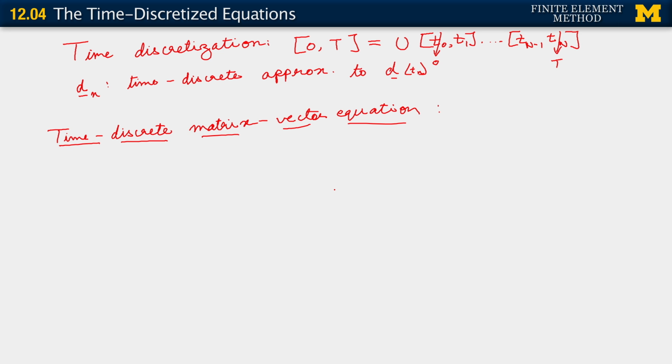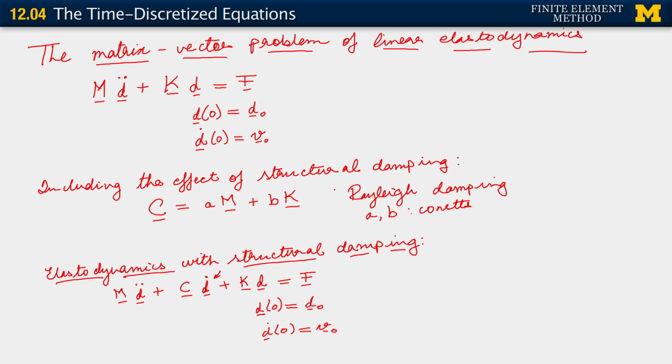Okay, let me go back just for a second to have you look at it. Right, we have it here. So you see M d double dot plus C d dot plus K d. Now d of course is a displacement, d double dot is essentially the acceleration. Right, likewise d dot is indeed the velocity vector at the global degrees of freedom, and d is the